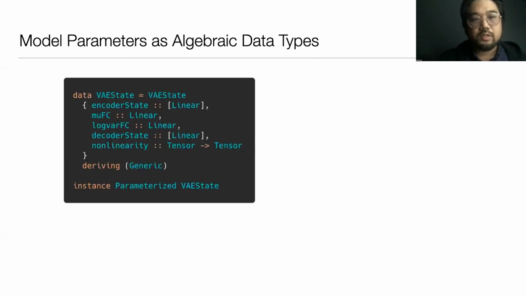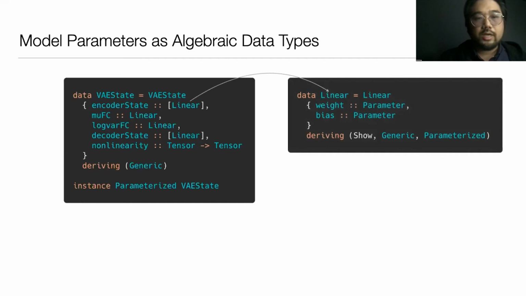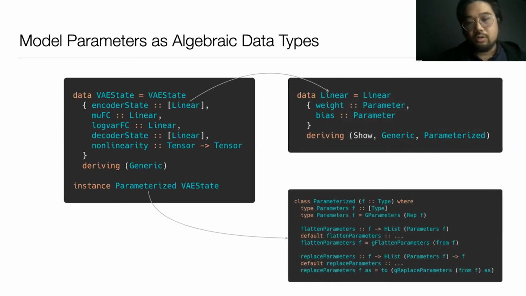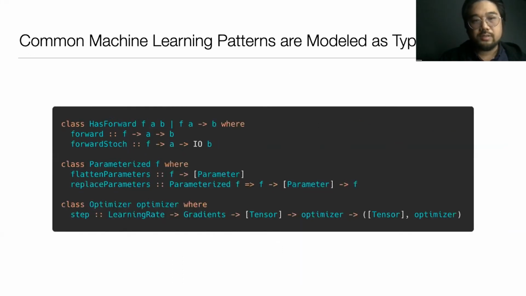The parameters themselves can be represented as algebraic data types fairly naturally in Hasktorch, and these can be nested in one another so that you can compose neural networks out of modules of subcomponents that are also themselves algebraic data types. We can also take advantage of generics to do a lot of automation of boilerplate, for example, for parameter updates, so that you don't have to rederive this boilerplate for every new model that you implement. There's a lot that you can get for free with using Haskell's generics.